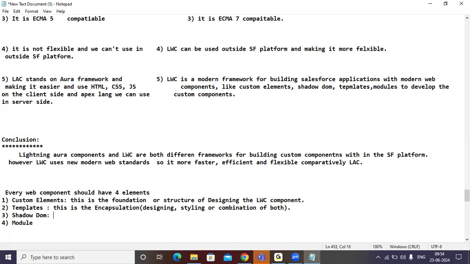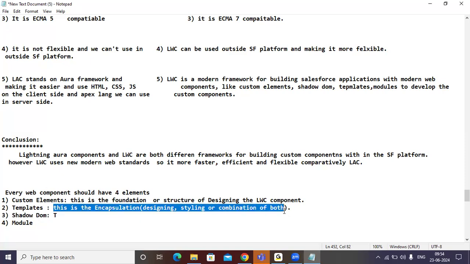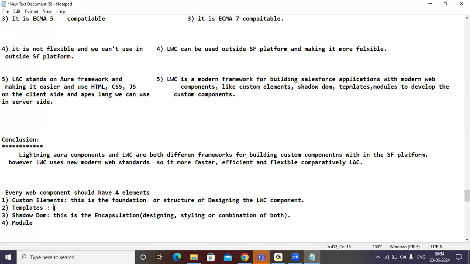Shadow DOM means this is the... Sorry, I'm just confusing myself. Sorry, guys. This is the encapsulation.